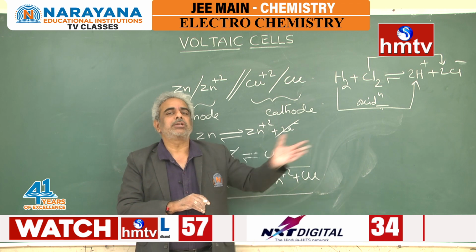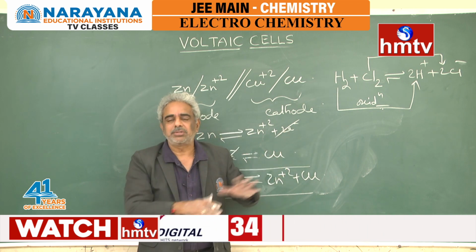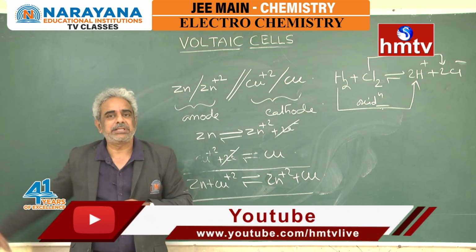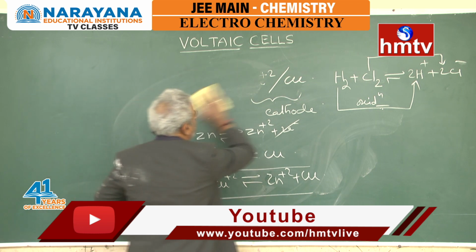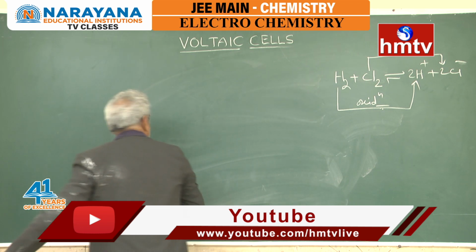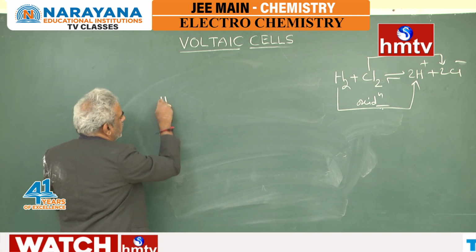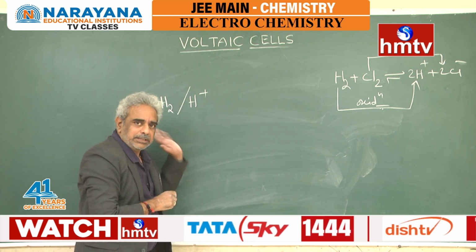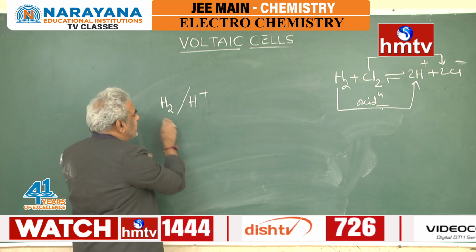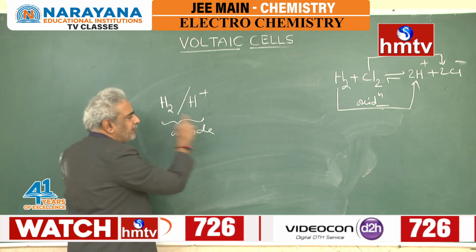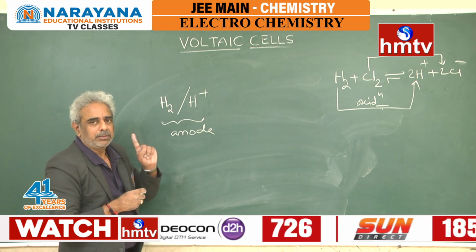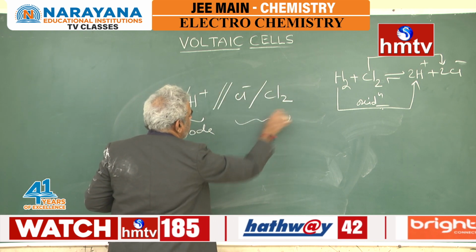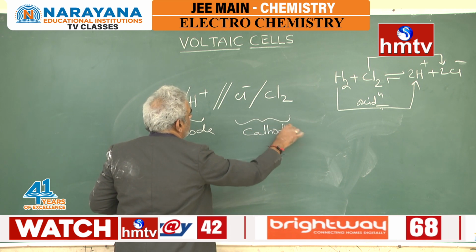The one which undergoes oxidation is the anode, the one which undergoes reduction is the cathode, because it is a spontaneous redox reaction. So, how to represent the cell? How to show it in the cell form? Let me try. Now, hydrogen undergoing oxidation, hydrogen contact only you should express. That's it. This particular thing makes the anode, the left electrode, because oxidation is happening, / chloride and chlorine are in contact. This is the cathode. The other topic in the next session. Thank you.